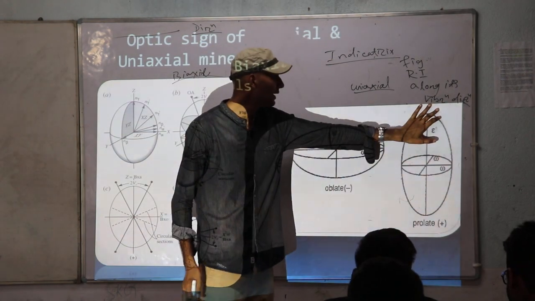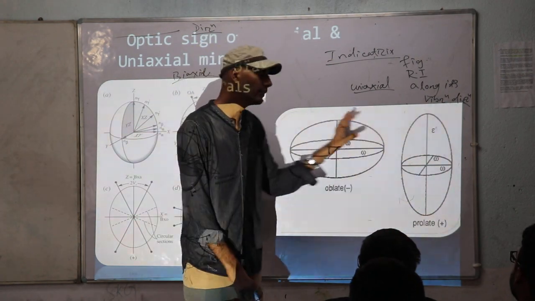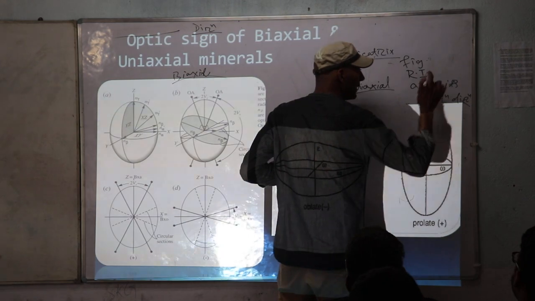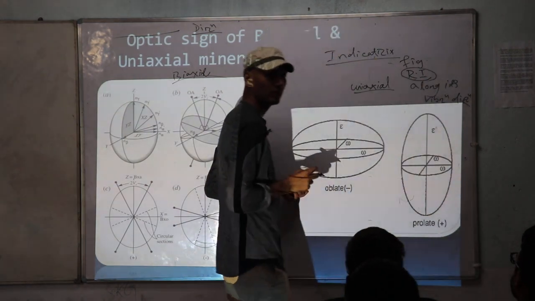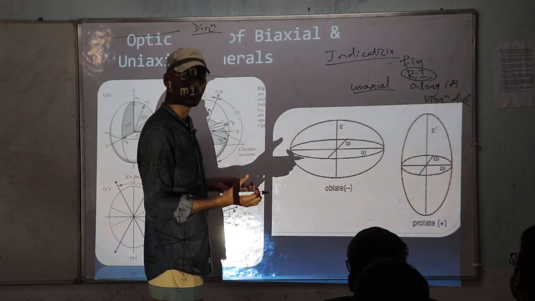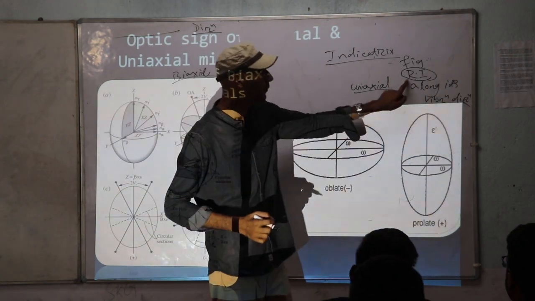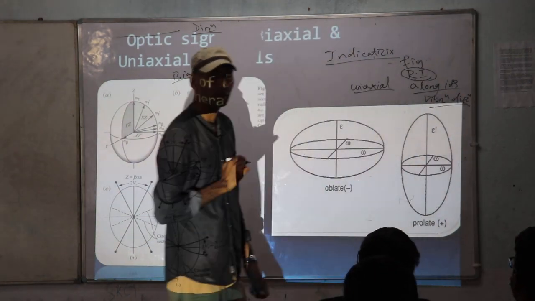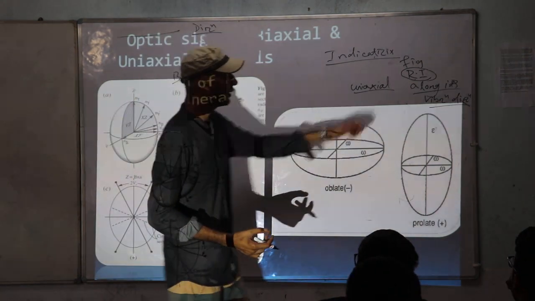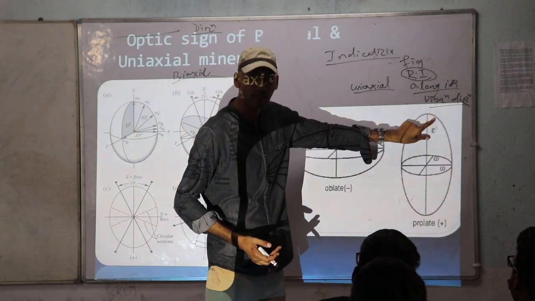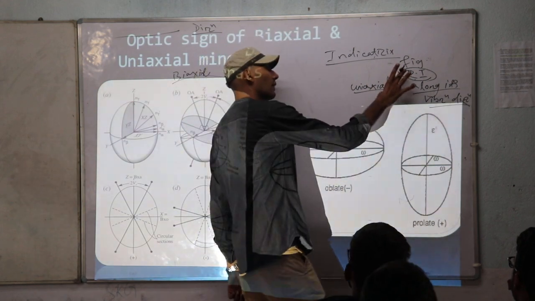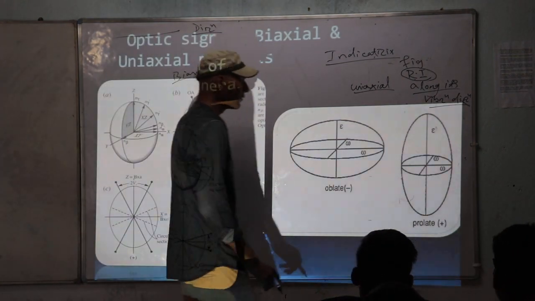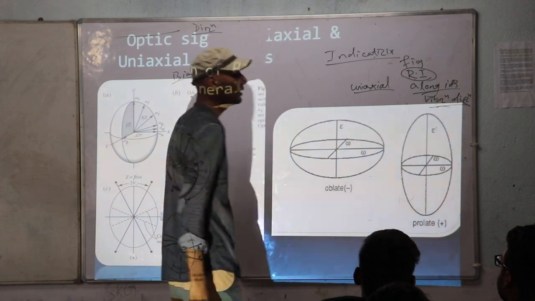So vibration directions are 2 in case of uniaxial and 3 in case of biaxial. For considering, the refractive index is the magnitude or radius, you can say, and the direction in which we plot that refractive index is parallel to the direction of vibration: the refractive index of ordinary ray in the vibration direction of O ray, and the refractive index of extraordinary ray in the vibration direction of extraordinary ray. Okay, so what are the different vibration directions for ordinary and extraordinary?